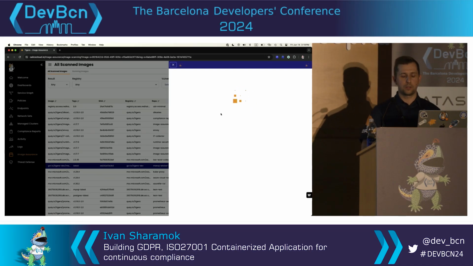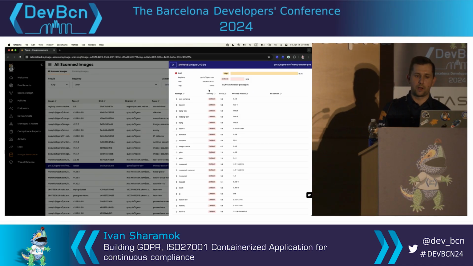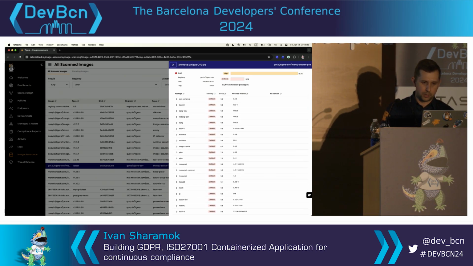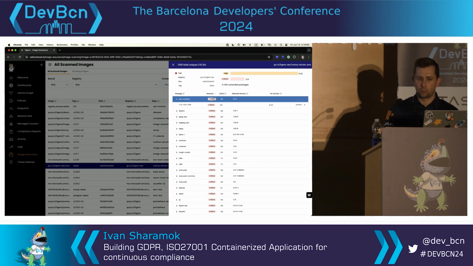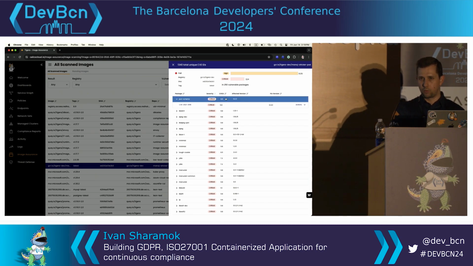There are a bunch of different clusters and a bunch of different images. As an example, if I click on an image, it shows you all the packages it found in this image, all the libraries. This one happens to be quite big. And you can see some of the packages have a critical level of severity for vulnerabilities. CVSS is the score for CVEs, for those vulnerabilities.